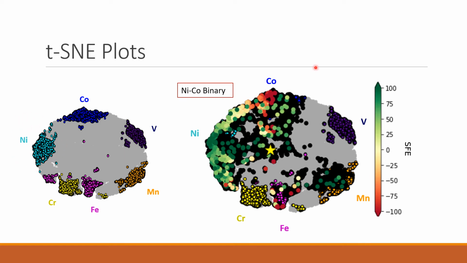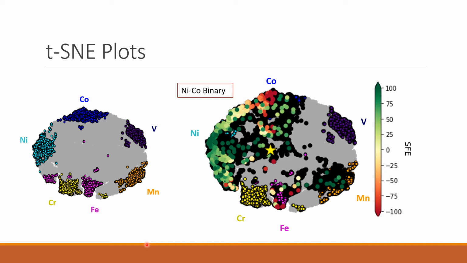On the right, there are 3 layers involved. On top of the background layer, there's a layer of black points, and these represent compositions that form FCC alloys. This defines which points our model applies to. On top of that, the dataset is plotted with the color corresponding to SFE, green being greater values, and red being smaller, more negative values.